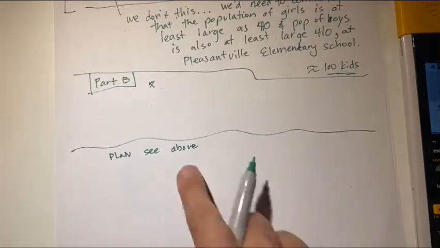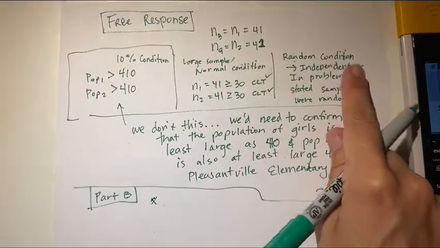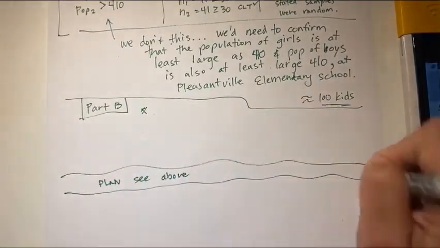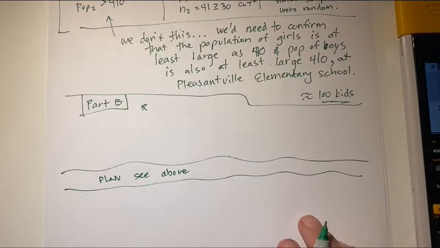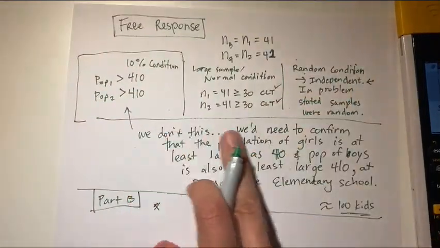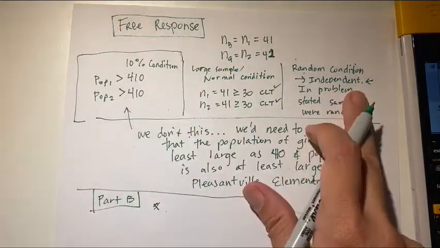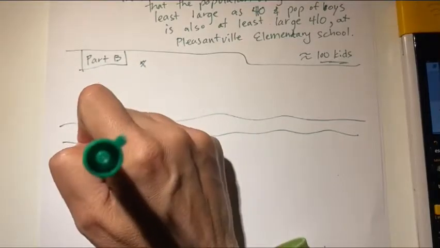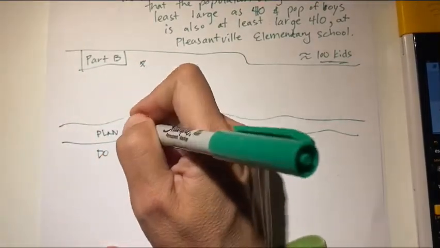In my plan, I really broke it out to explain it to you, so I've already written it above. So if you did that as well on your test, that would be fine. I didn't need to do it though. I just needed this part, and then I could have stated that down below. So in my do, I've got, and